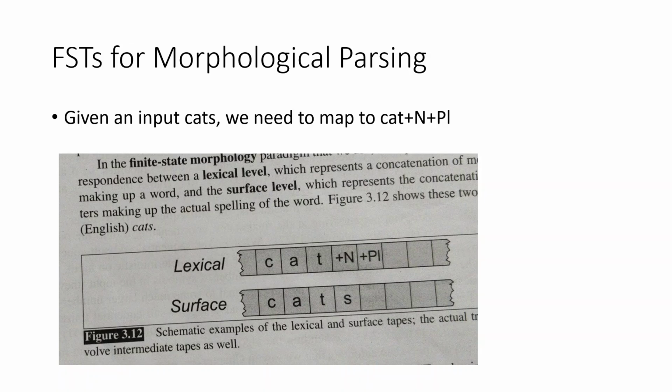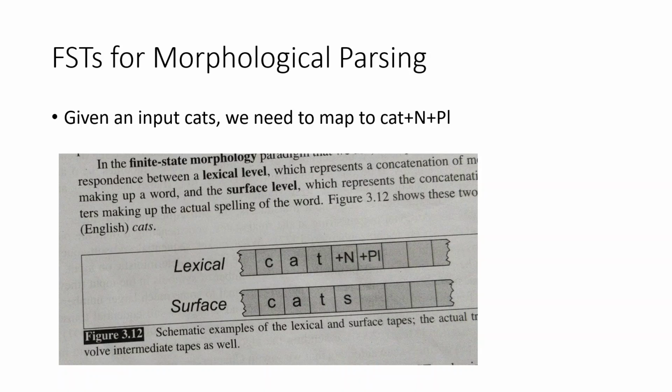Okay, so we get an idea of what sort of machine we are going to use for morphological parsing. We said a finite state automaton is not possible because it is simply a recognizer. We want something which reads an input and generates an output. So that is how we came to a transducer. Now, in the transducer itself, we don't want a lot of non-determinism because it is very computationally expensive to implement. But at the same time, we want a certain level of non-determinism to handle ambiguity of natural language. And that is how we came to what is known as a p-subsequential transducer.